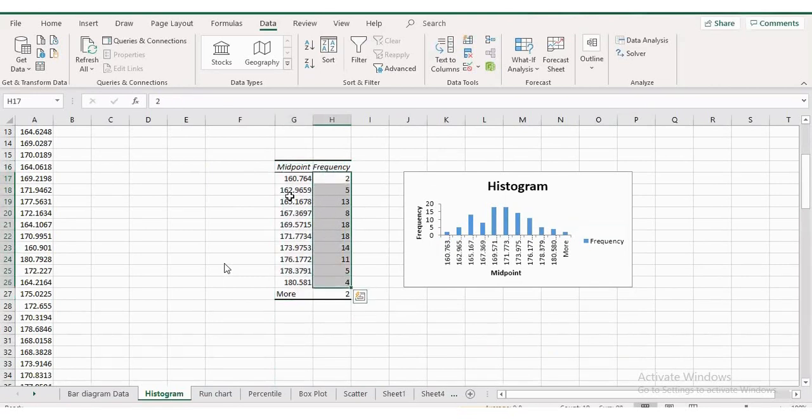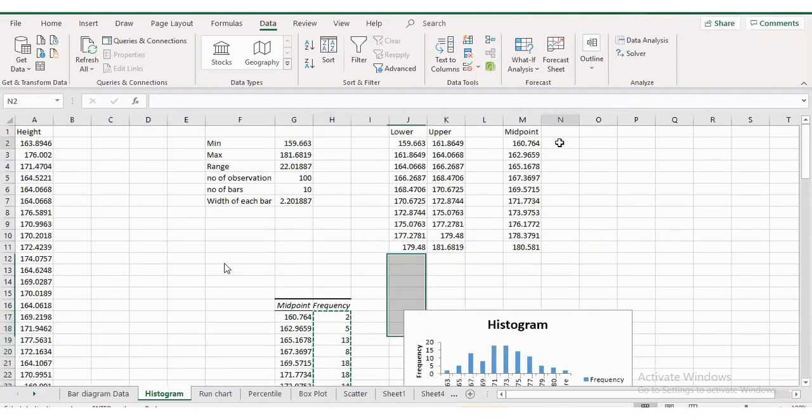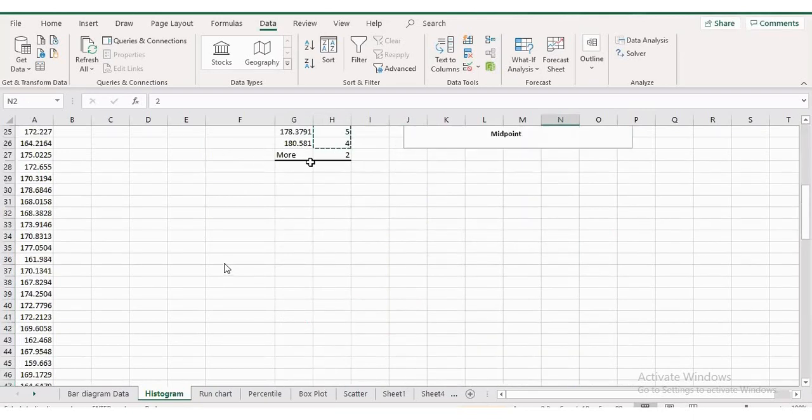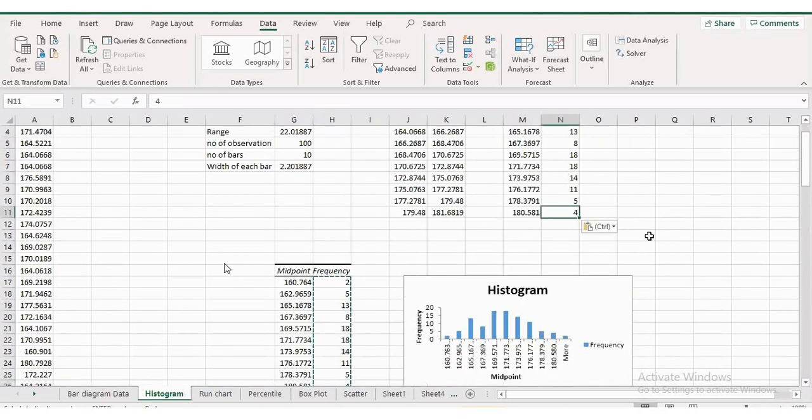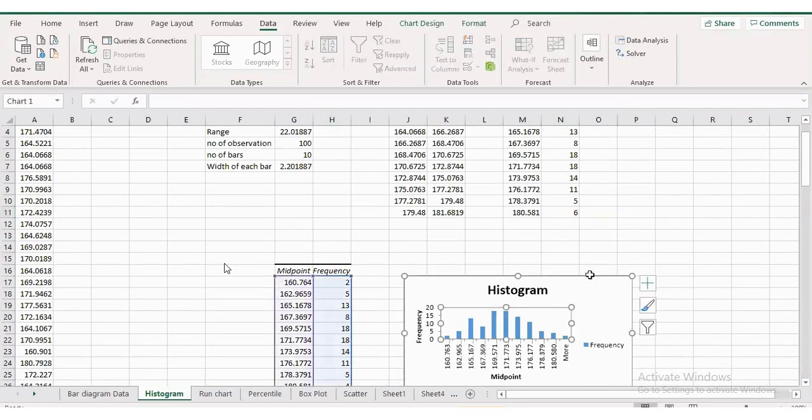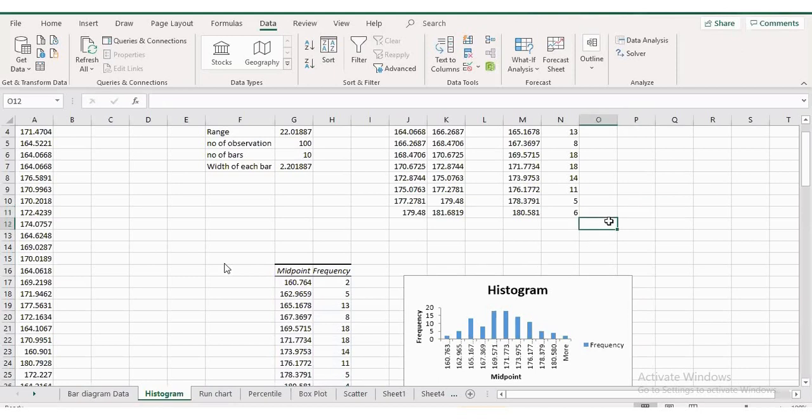So how many data points are there in the first interval? 2 data points. So instead of doing it like this, I can do it like this also. I just copy paste it. But Excel creates a "more" category by default, always as one label. But this "more" is definitely part of this only. I can combine, yes or no? So instead of that, I'm making 6. Any question on this? Already I have it here, but I don't want to use whatever is available here.